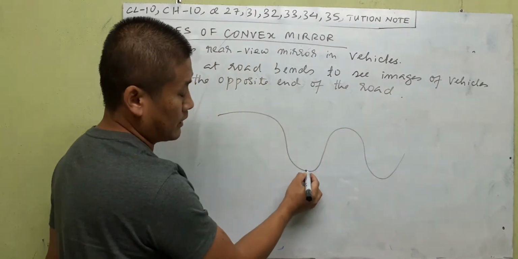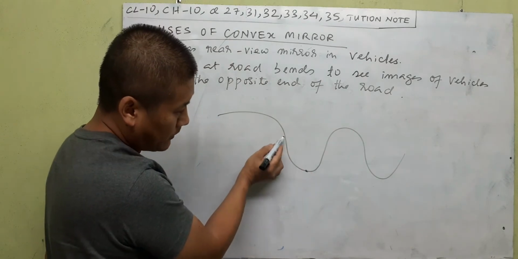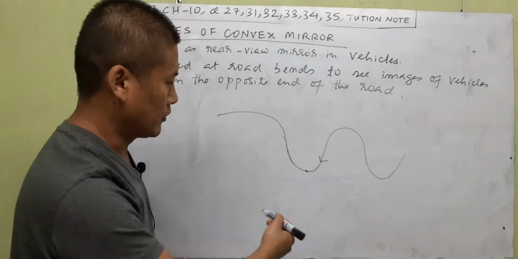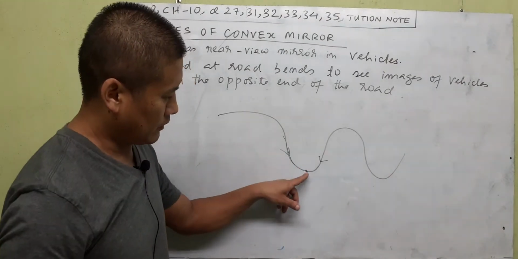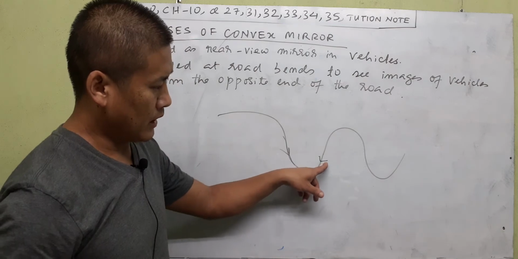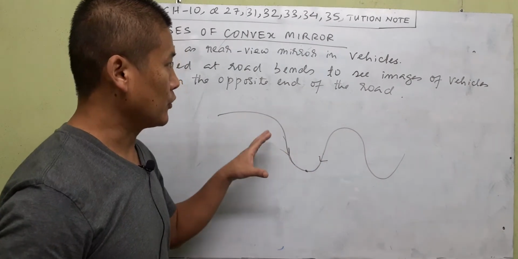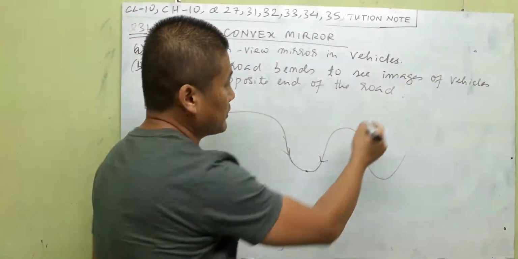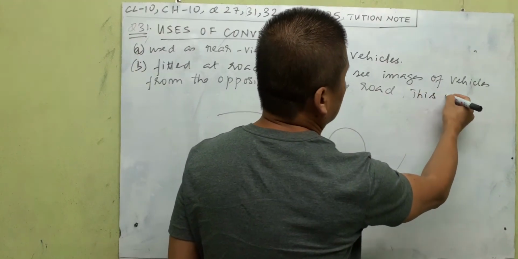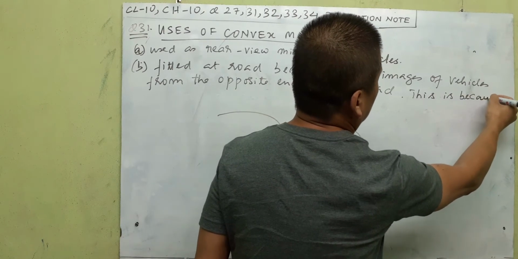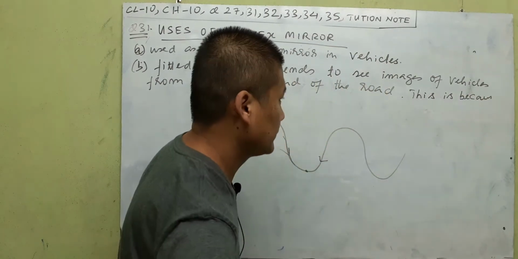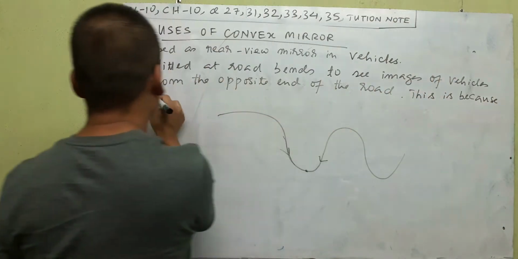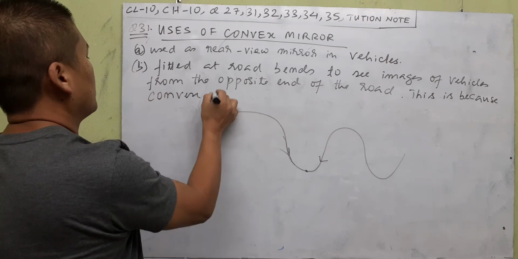So at bends like this, they put a convex mirror, because the car coming here won't be able to see this side because of the hilly nature of the road. So this car, if you look at this mirror, can actually see the car that is approaching from the other end. This is so because convex, sorry, not concave, convex mirrors